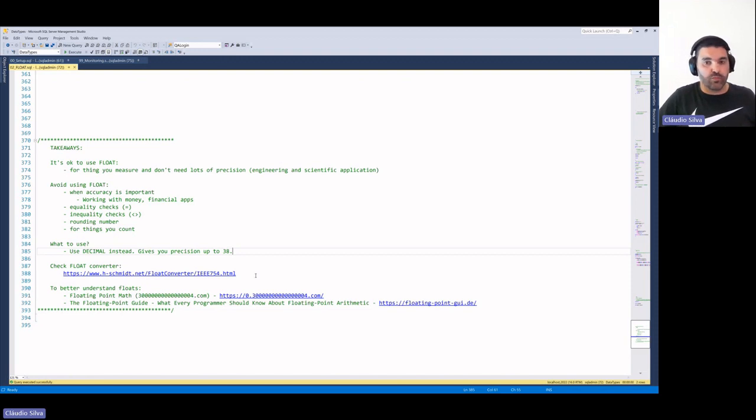Also, if you want to play around with these numbers and how it works, there are also some links here with some online converters and calculators that you can use to see, depending on the mantissa that you have, what is the actual number in a decimal way, so therefore what is stored in the storage. And also, to understand better why the 3, 15 zeros, 4, there are a couple of websites that also show and explain to you how that works.